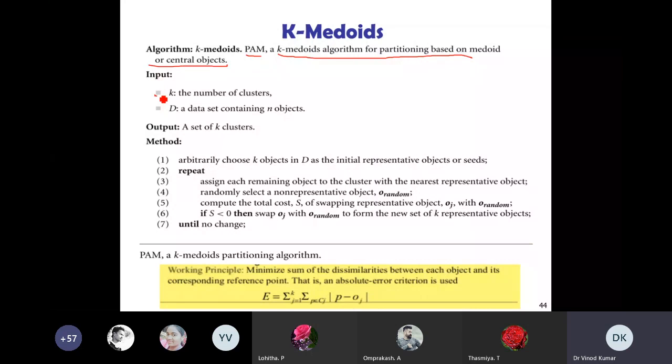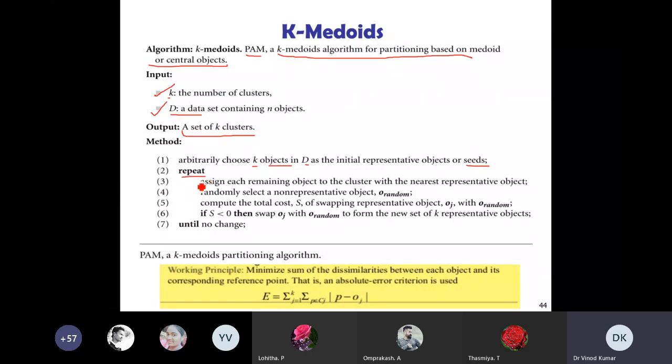What we need as input is K, the number of clusters, how many clusters you want to prepare, and the data set D over which you want to do the clustering. You will come up with a set of K clusters. What you will do is arbitrarily choose K objects in D as the initial representative objects or seed objects.